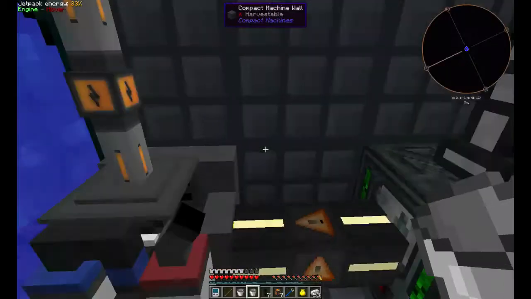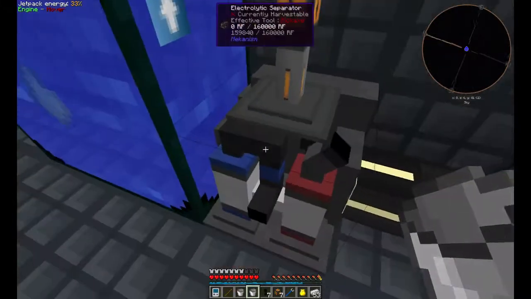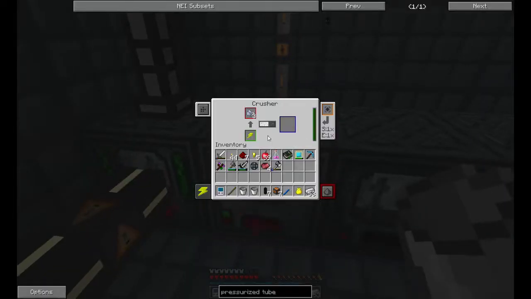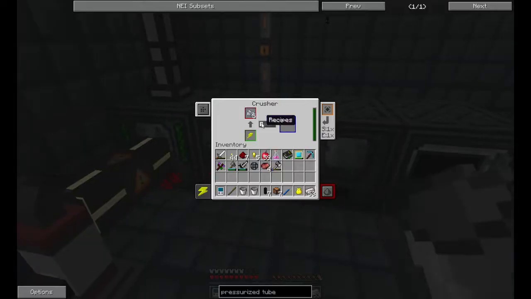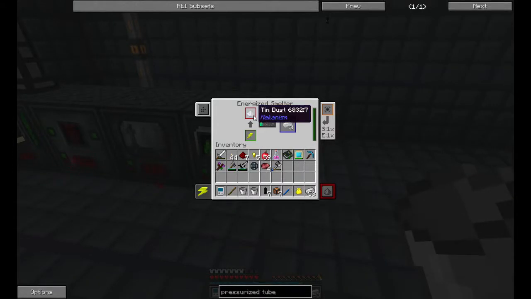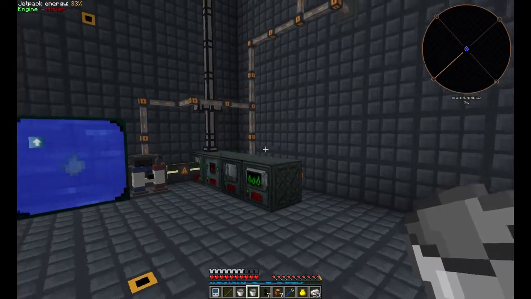Perfect. We've got infinite water, and it's getting separated into hydrogen and oxygen. We're dumping the hydrogen. The oxygen's going in here, turning these into clumps. The clumps are getting crushed into three clumps per ore. The clumps are being crushed into dirty dust, one per. The tripling happens there. Everything else is one per. That turns into regular tin dust, which then gets smelted. So really all that's left now